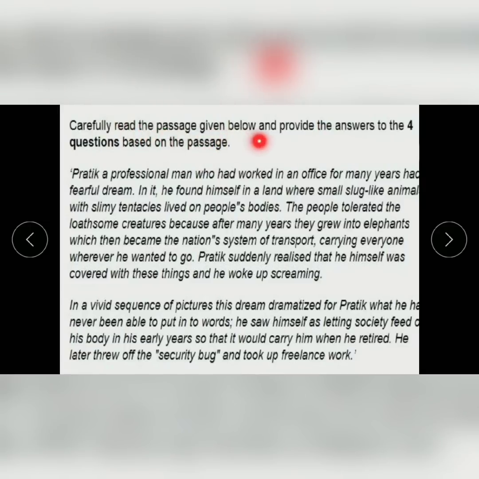Carefully read the passage given below and provide the answers to the 4 questions based on the passage. This is the first question from English comprehension. Read the passage carefully. Pratik, a professional man who had worked in an office for many years, had a fearful